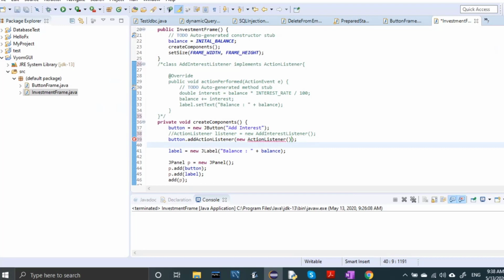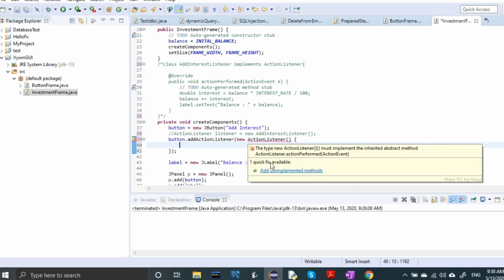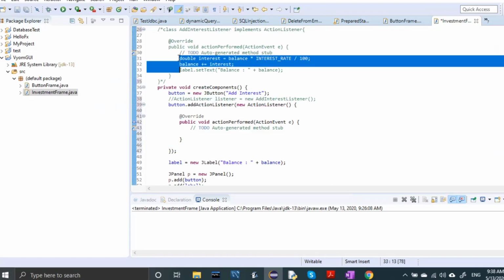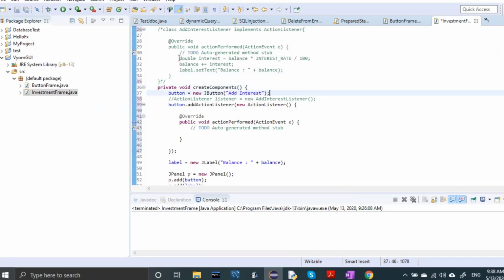Then I'll write a curly brace here. Then I implement the method over here, so I will copy this code over here.